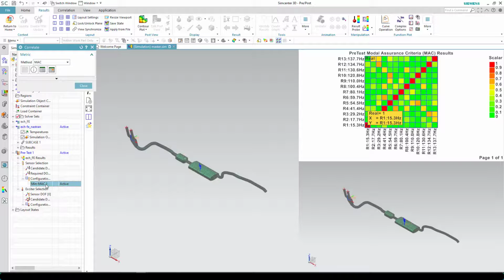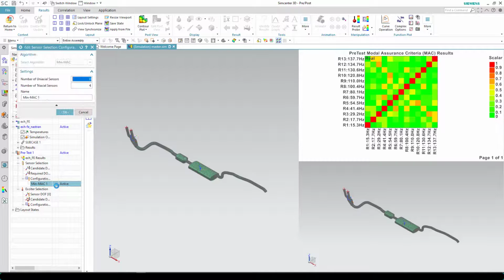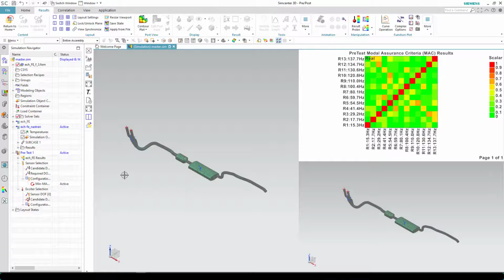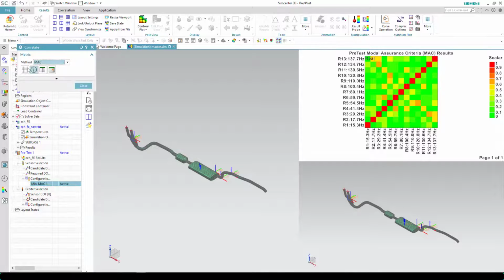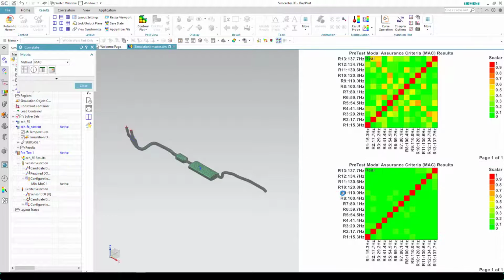So let me come back over here and reset the calculation. So what I'll do is I'll come in here and I'll say, what do you want to do, Nick? Go up to 8, go to 6. Yeah, why not 8? All right, I think we can afford 8. If not, we can move our 4 cells twice. I'll solve it, and then I'll go here to correlate, and I'll grab the MAC with 8.